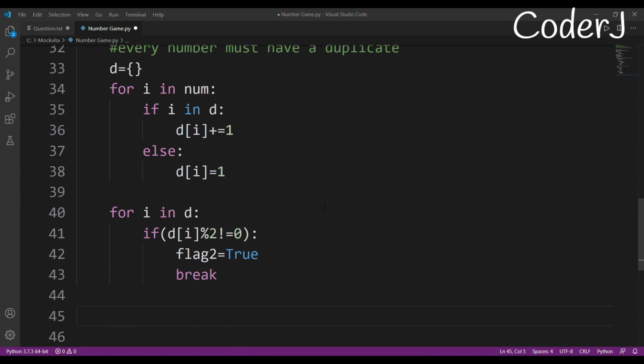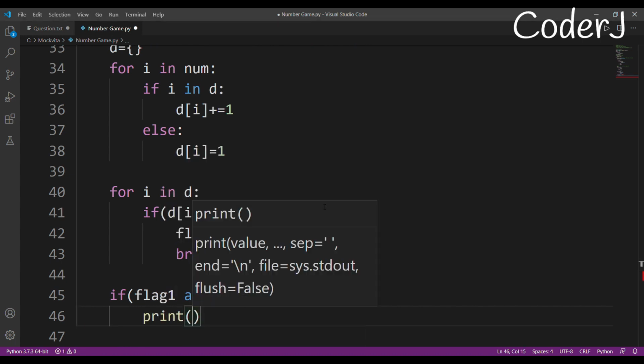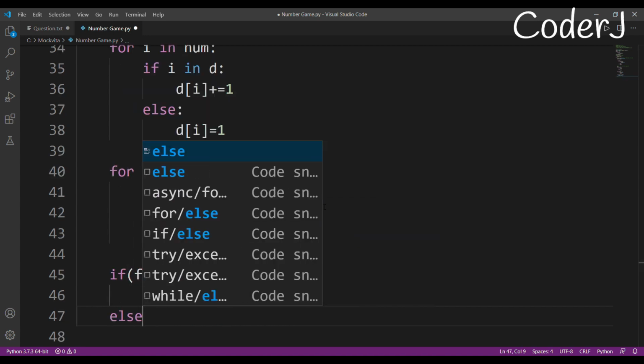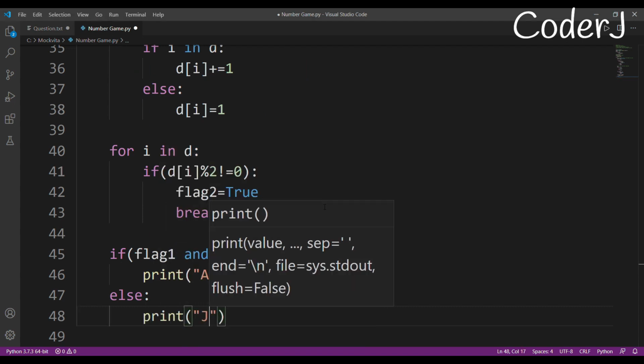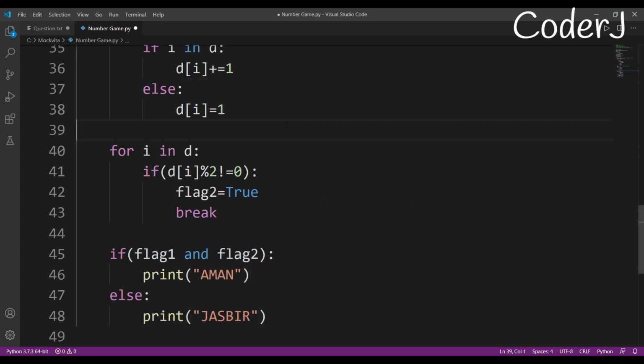After that, I check both flag 1 and flag 2. If both are true, it means one thing: Aman has won. Otherwise, if even a single one of them is false, then Jasbir will win, and I'll be very happy.